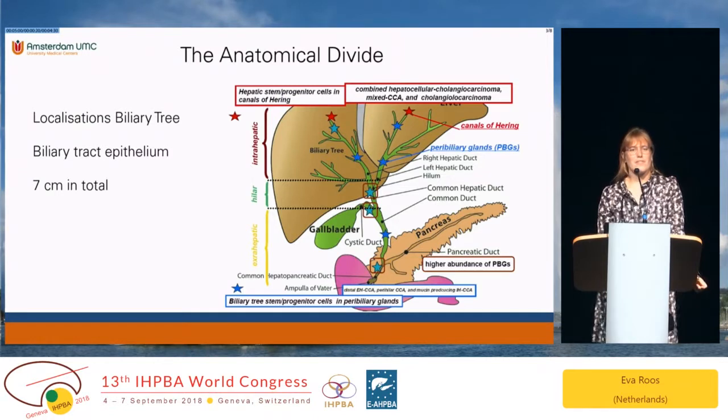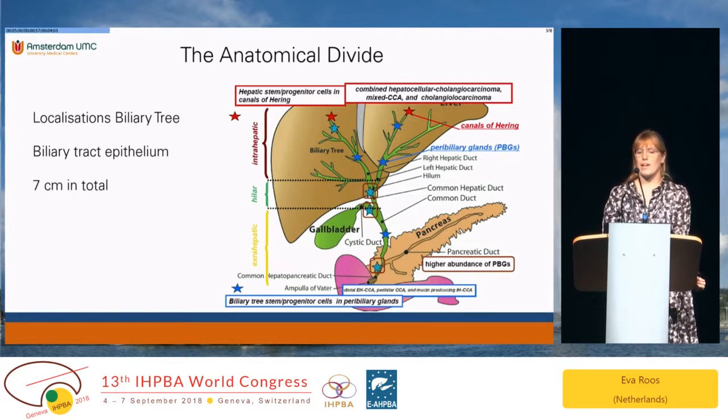As we all know, you have different forms of biliary tract carcinomas. And as Dr. Primrose already stated yesterday, you have lumpers and you have dividers. And as we know, in surgery, we have an anatomical divide. We have intrahepatic cholangiocarcinomas, gallbladder carcinomas, extrahepatic cholangiocarcinomas that are further subdivided in perihilar and distal cholangiocarcinomas. However,